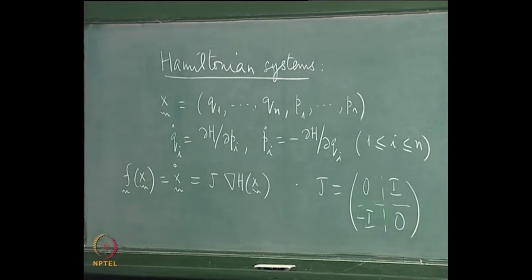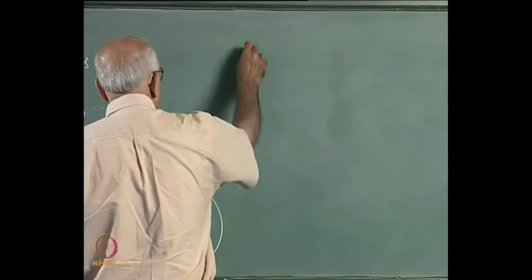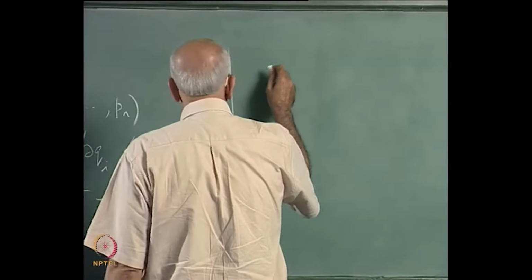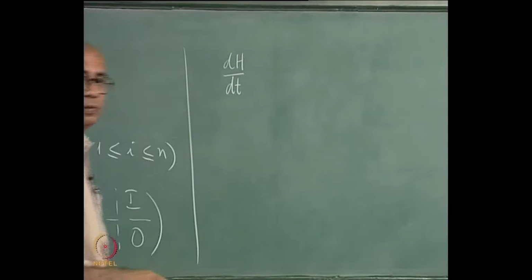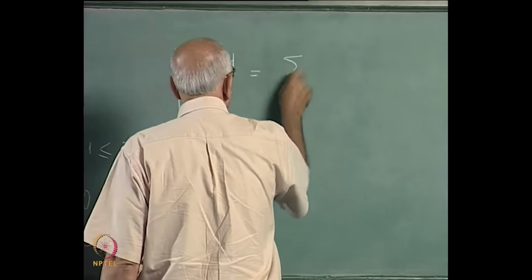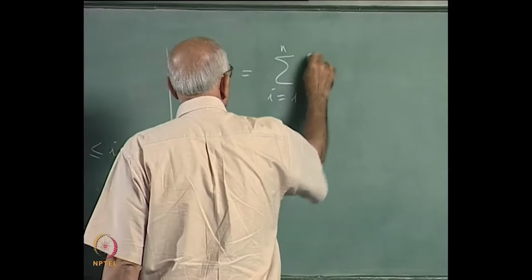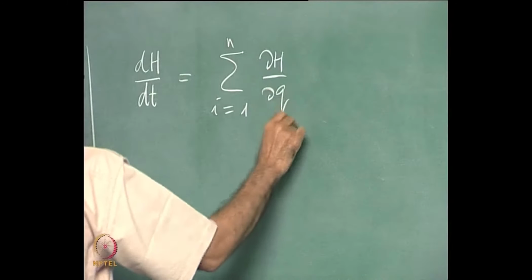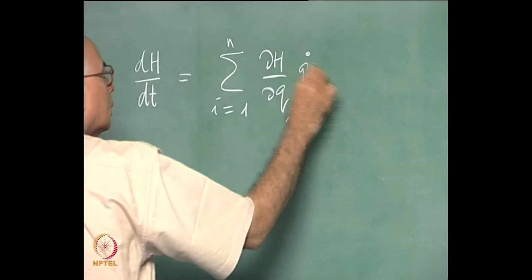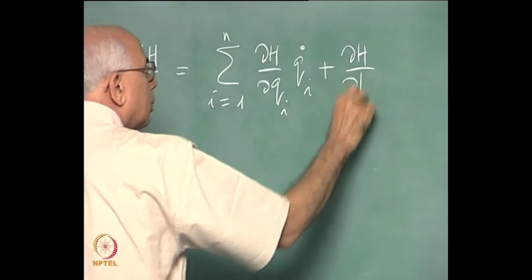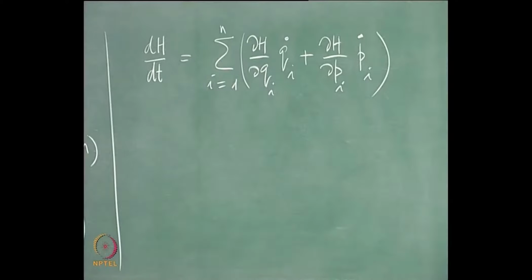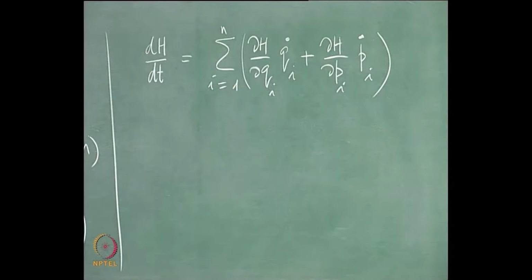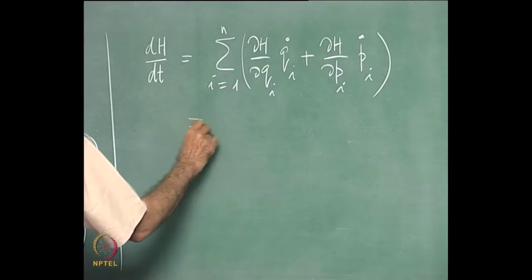The first of these is the following: we see immediately that the quantity H itself, if I compute its time derivative, this is equal to a summation from i equal to 1 to n of ∂H/∂qi times qi dot plus ∂H/∂pi times pi dot. But then if I substitute for qi dot and pi dot from the equations of motion, it implies that dH/dt vanishes identically